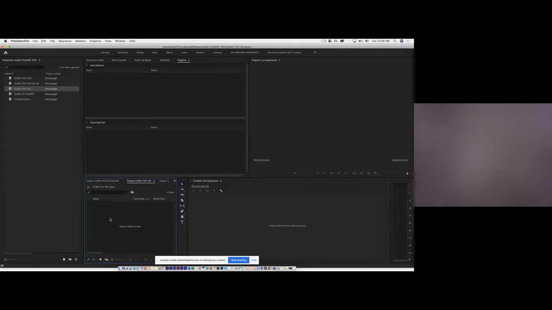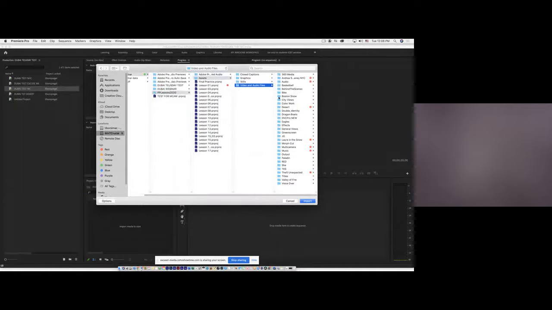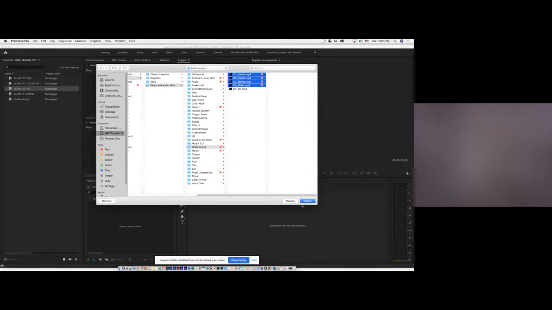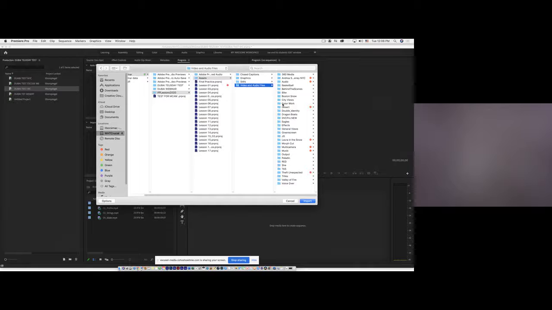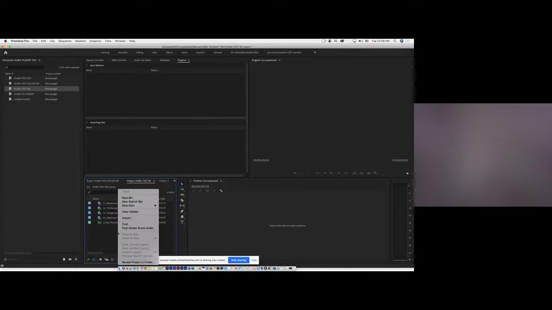You know how to do that. I'm not going to waste your valuable time on that, but let's just have all the assets available as a production. So in this scenario, I will look for the multicam. The multicam is going to use 4 angles, as well as the original music that it came from. Therefore, I need to bring that original music also. Right-click one more time, import, and I will look for the asset that is inside the music. And inside the music, I have Rule the World because that's going to be used for timing on the beat. But the one that I'm looking for is in the